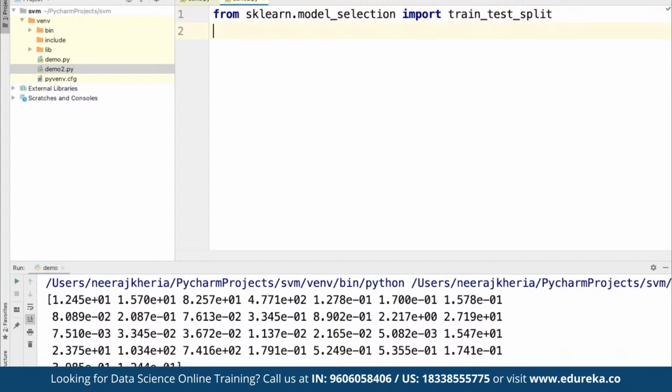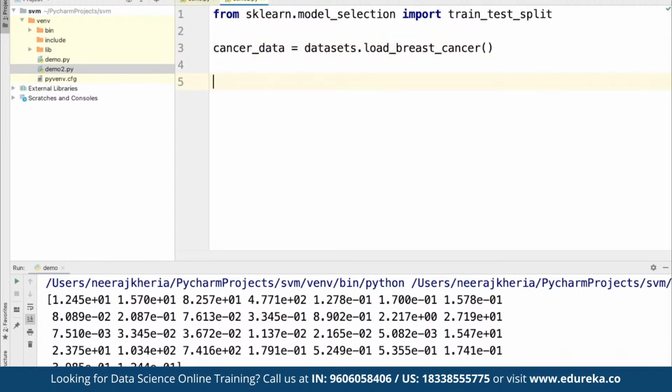As we discussed, we are going to split the data, and then we can define from the cancer data that we are going to import. So here we are going to use datasets.load_breast_cancer, which is already available.